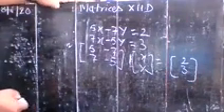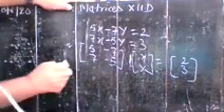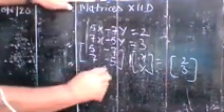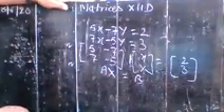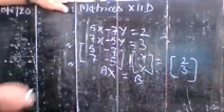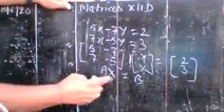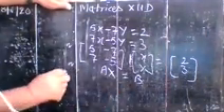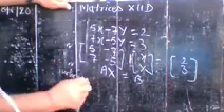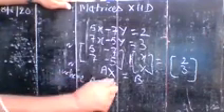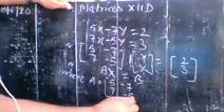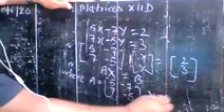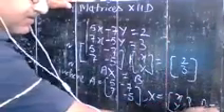You express that as AX is equal to B. Write the values of the A, X and B matrices here. A matrix is 5, minus 7, 7, minus 5. X matrix is the column matrix x, y, and B matrix is equal to